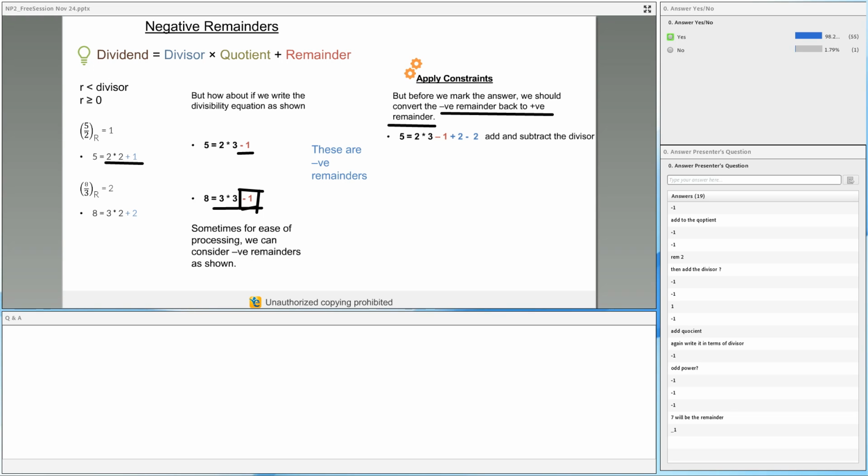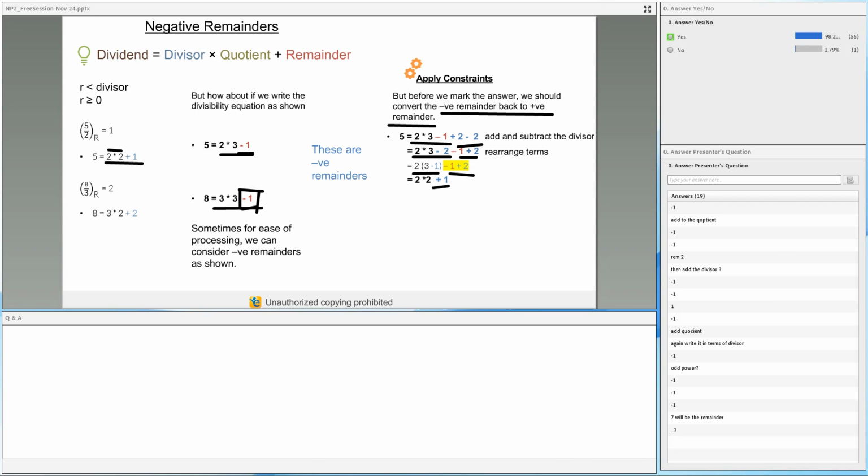So 2 into 3 minus 1, right? This is what I had out here. Now if I add plus 2 and minus 2 here, just because plus 2 minus 2 gives me 0, and do some manipulation, I'm writing 2 into 3 minus 2 together, and I'm writing minus 1 plus 2 separately. Just notice I just rearranged terms. This gives me 2 into 3 minus 1, which is nothing but 2 into 2, which I had before. And minus 1 plus 2 will give me the remainder. So this gives me 1, back to my original remainder.